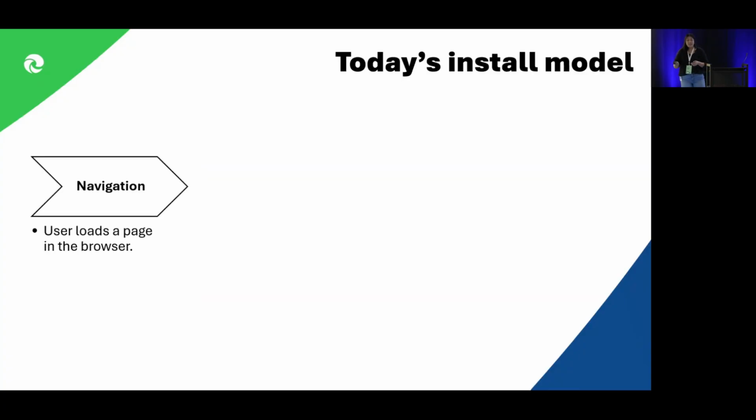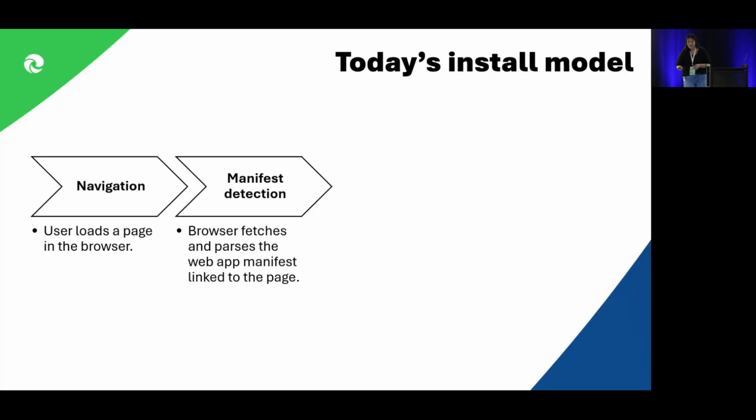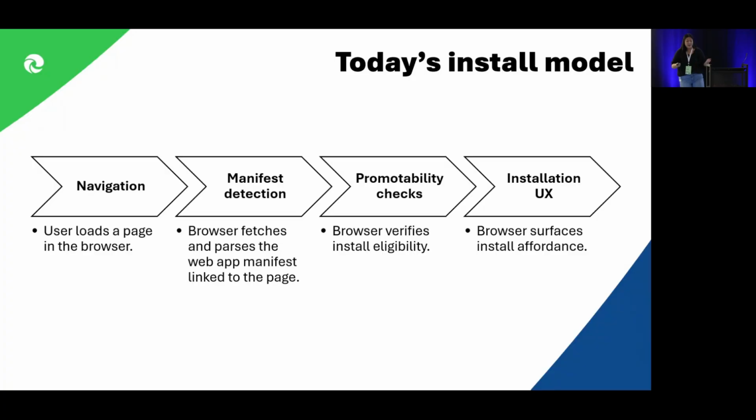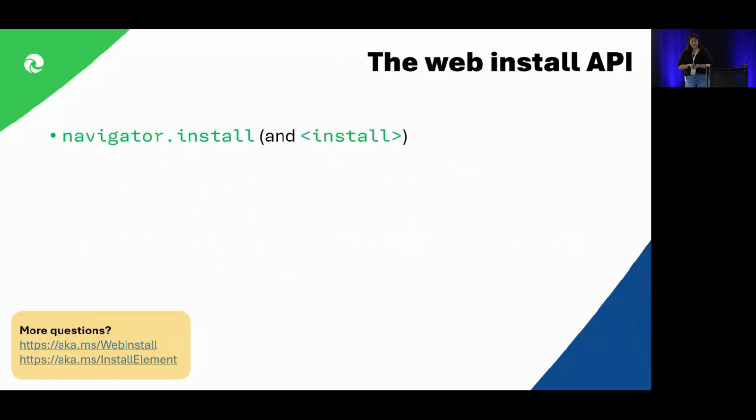In today's world, it all starts when the user navigates to a page with a manifest. The browser automatically detects this and fetches and parses the JSON. The browser then performs a variety of checks to verify that the page is indeed installable, and if those checks pass, the installation surface can be presented for users to confirm or deny. Pretty straightforward, right? Enter the Web Install API, an ongoing collaboration between Microsoft and Google to give web developers more